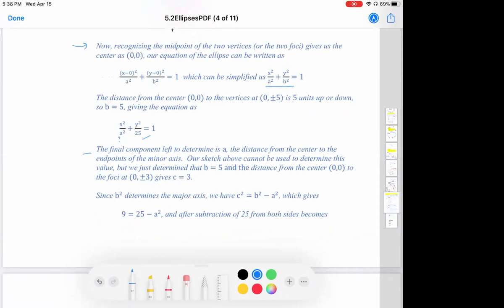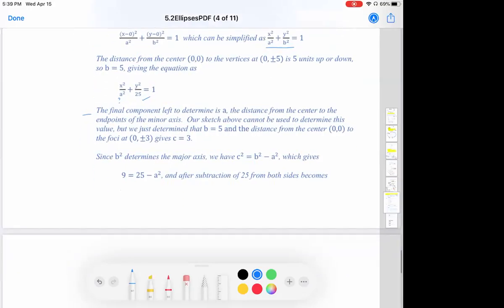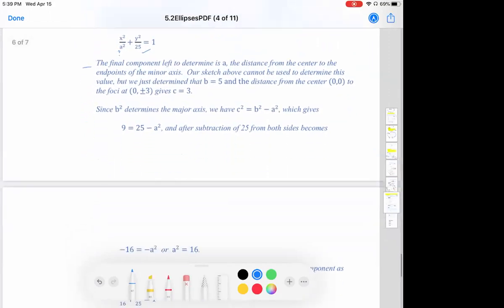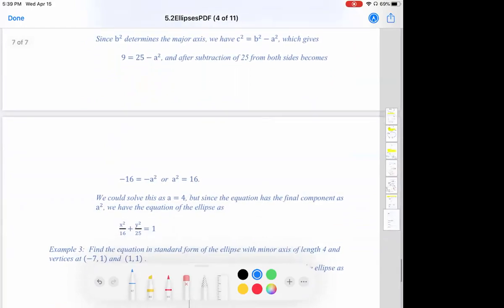We just determined that b equals 5 from the distance of the center (0, 0) to the foci at plus or minus 3 gives us a c of 3. Because b squared determines the major axis, we have that c squared equals b squared minus a squared, which gives us 9 equals 25 minus a squared. And after subtraction from 25 on both sides, it becomes